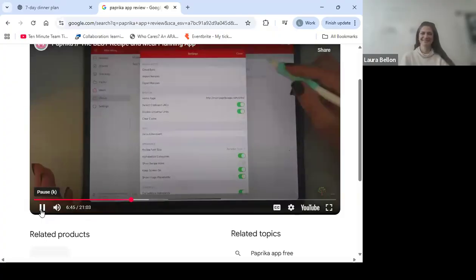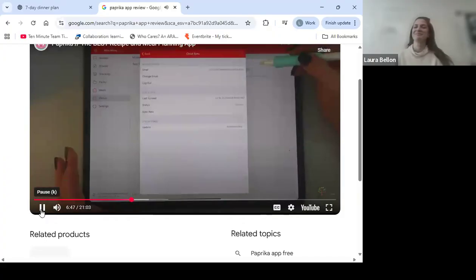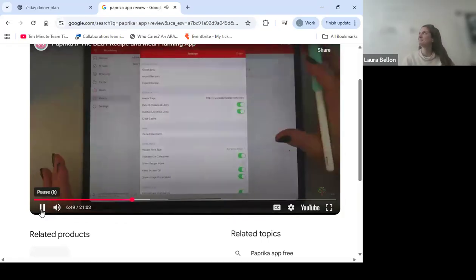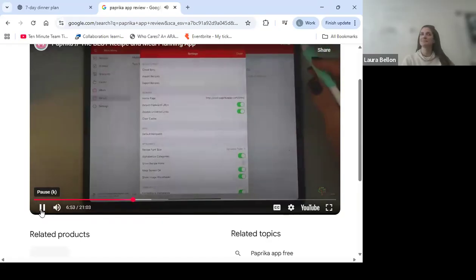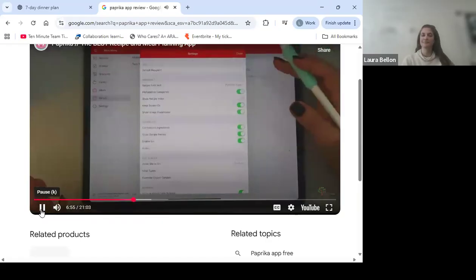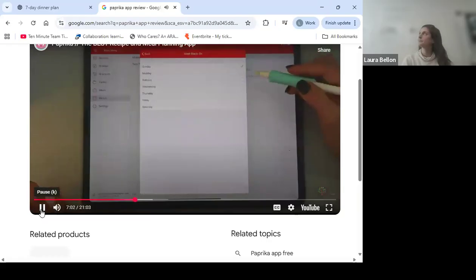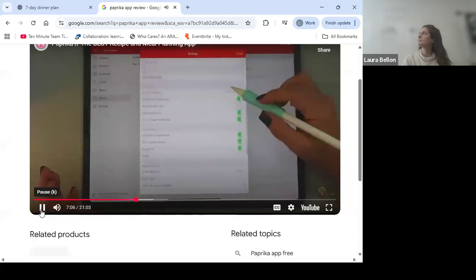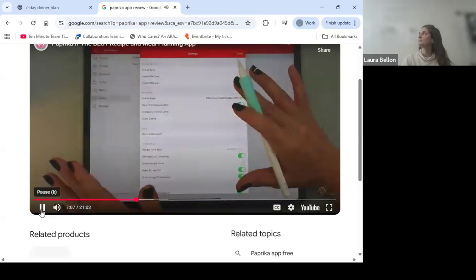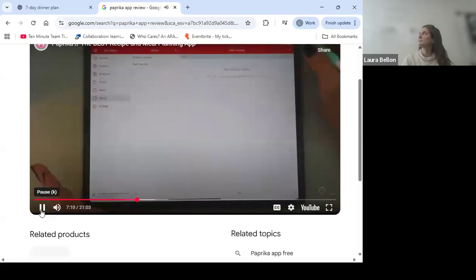Then you have your settings tab, which is really cool. You have a cloud sync, which allows you to sync across devices, which means you can put this on your tablet, on your phone, on your desktop, whatever else. And then you have just a few other aesthetic things that you can change around. Your font size, how things are categorized. You can choose which day you want the week to start, whether Sunday or Monday. Just a whole bunch of really cool things you can do in here. So this is going to be the last I show this tab because it's not as relevant, but just know there's a lot of things you can do here. You can also